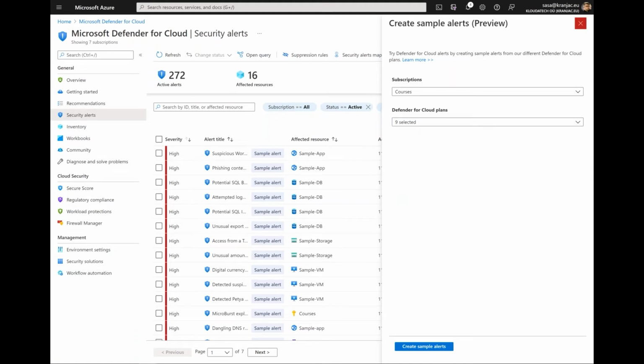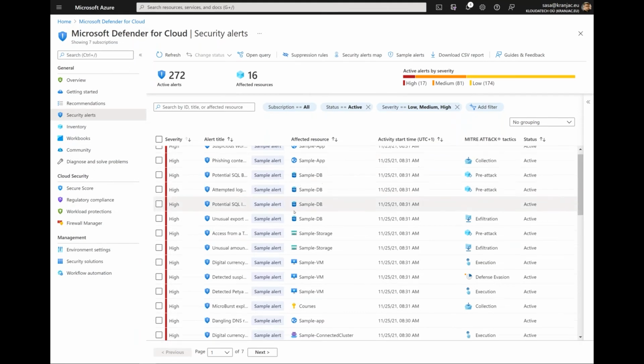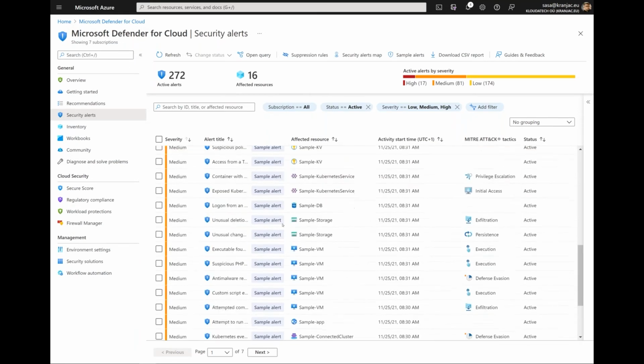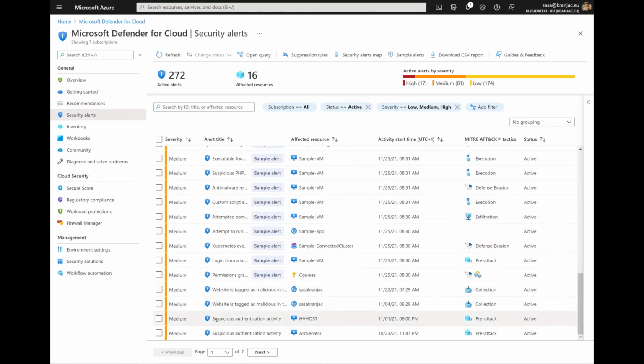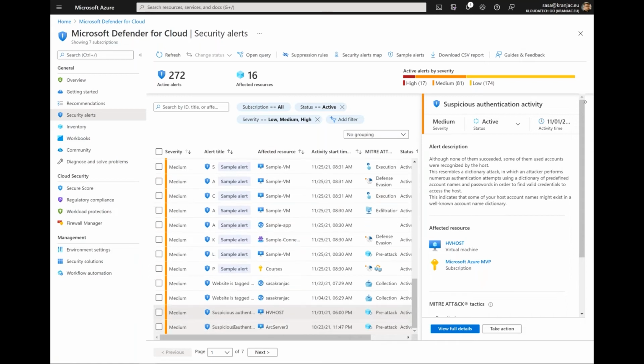will be created. But otherwise, if you just, for example, leave your virtual machine ports open, and let's say you set up a virtual machine in Azure and leave the RDP port 3389 open, very soon you will start seeing these alerts populating in here. If I scroll a little bit down, there it is, suspicious authentication activity. So for example, this is a real alert that was made onto this server, or for example onto this